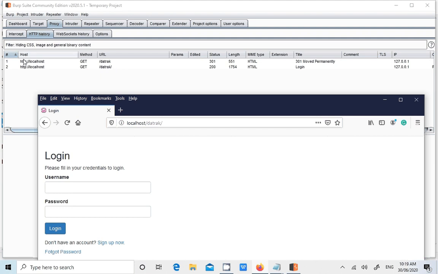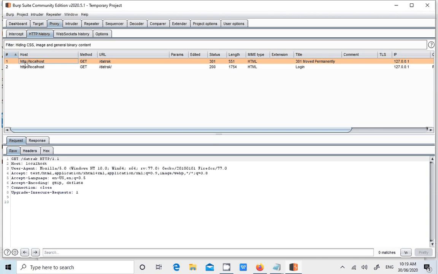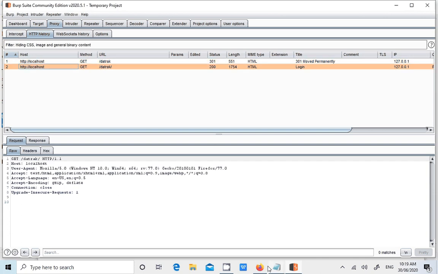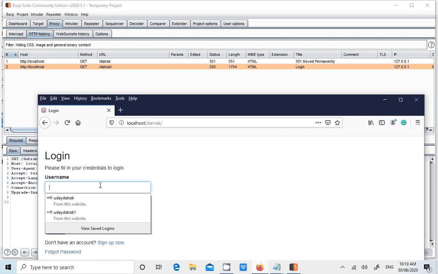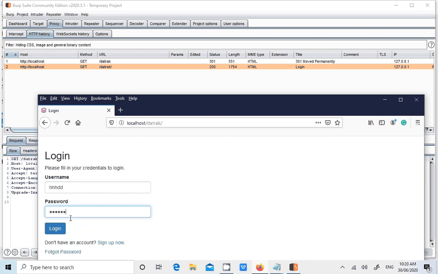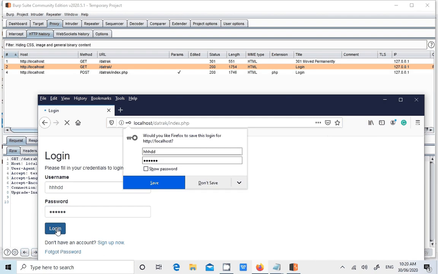Now here can you see it is showing http://. Let me send the username and password in plain text. Now I'm sending some dummy data. You don't need to have an original username and password in order to check this issue. You can give some dummy data also, just to see whether your data, while being sent to the server, is encrypted or not, because this is very important to know.